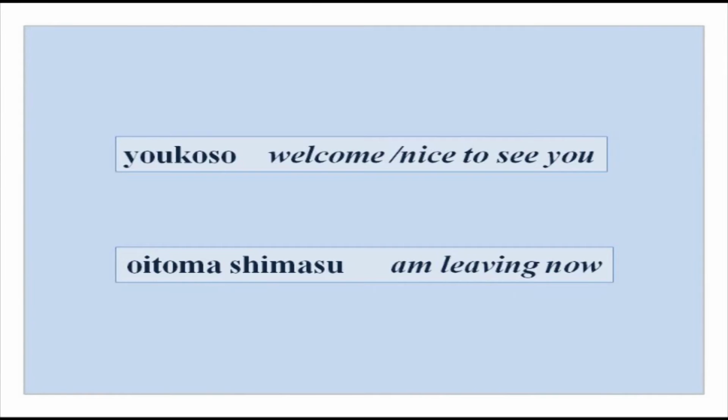And in the uta you have yokoso and oitoma shimasu. So the girl is coming and the two lions over there say, nice to see you, welcome to our house. And oitoma shimasu, after having visited them, after having stayed with them, instead of saying ojama shimashita, which is